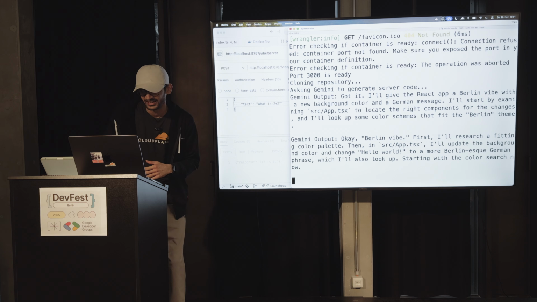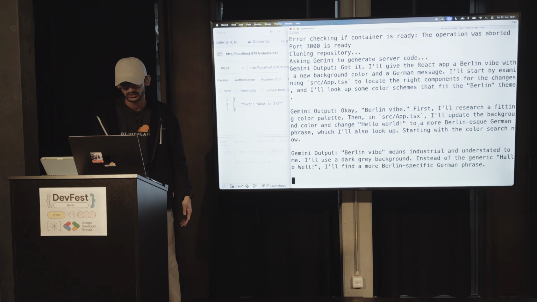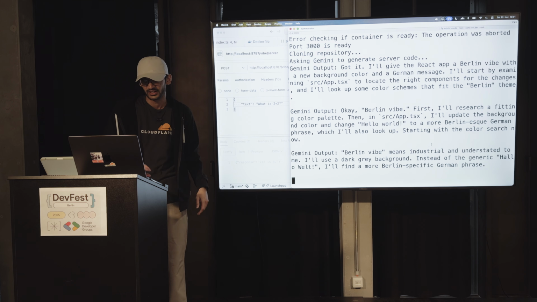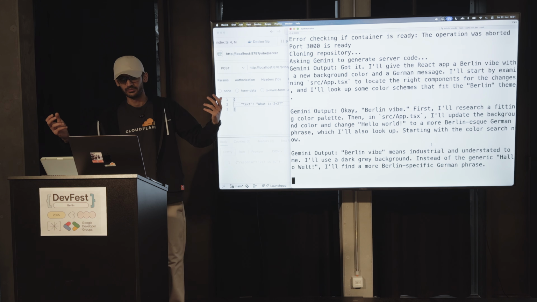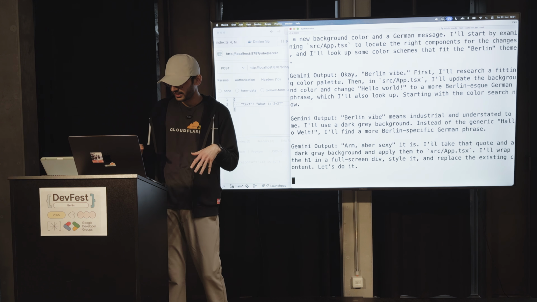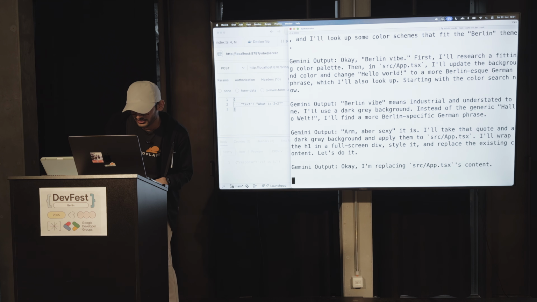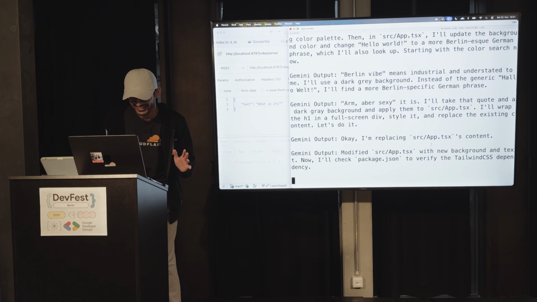All right, anyways, we see that Gemini is now giving us some response. We are seeing that it's trying to understand what Berlin vibe means over here, and it has decided to go with a dark gray background, and it's like aber sexy. I don't know what that means in German.